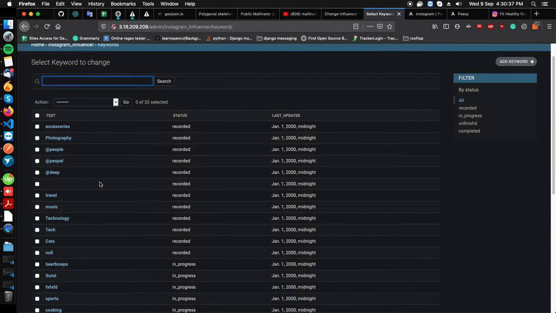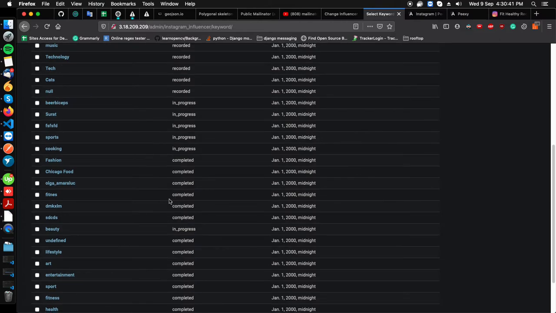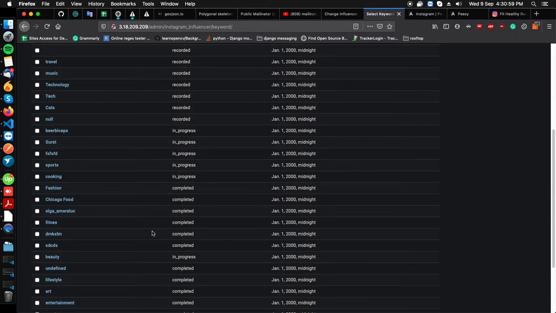These are the keywords that have been recorded, and these are the statuses of the keywords. Those keywords with status completed have been processed, and their data has been retrieved from Instagram and stored in our system.